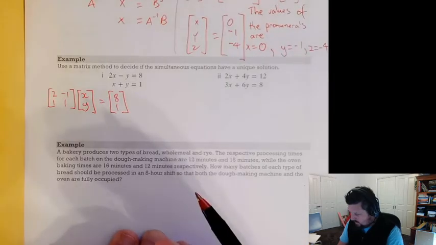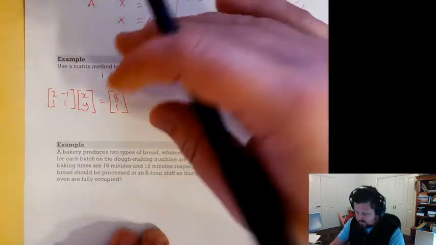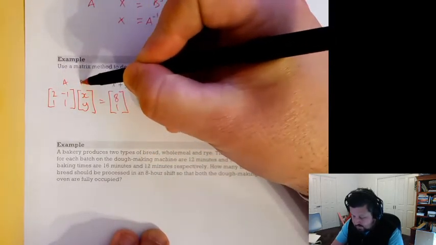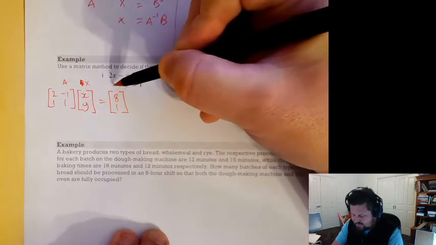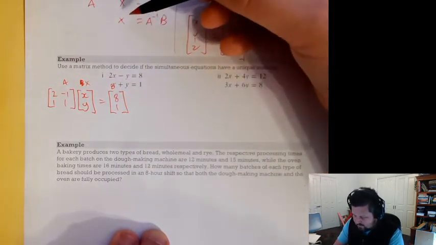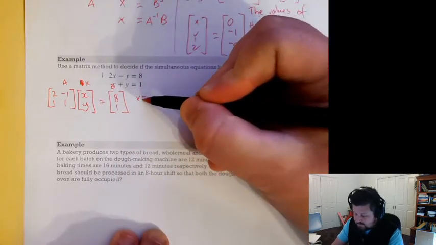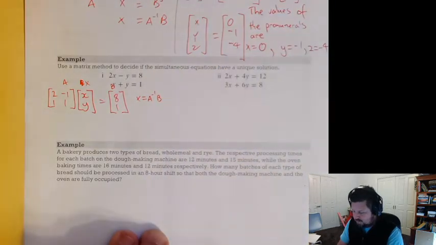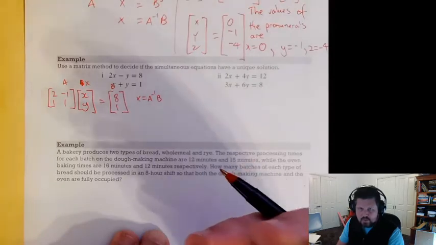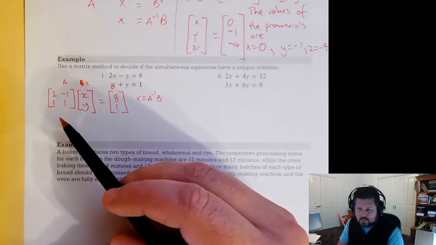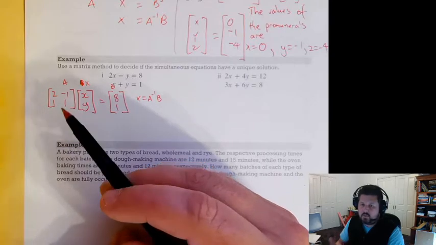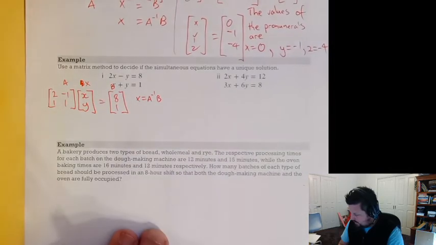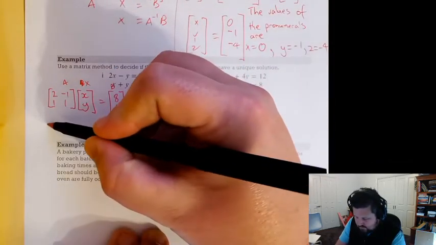So again, to work out this particular equation, if this was matrix A, this was matrix X, and this was matrix B, you'd have to rearrange things like we did before, and to work out X, you'd take the inverse of A multiplied by matrix B. With a 2 by 2 matrix, we should be able to do that by hand, and we had the chat about this the other day. What you need to do to work out the inverse of a 2 by 2 matrix is first of all work out the determinant. So let's work out the determinant of matrix A,